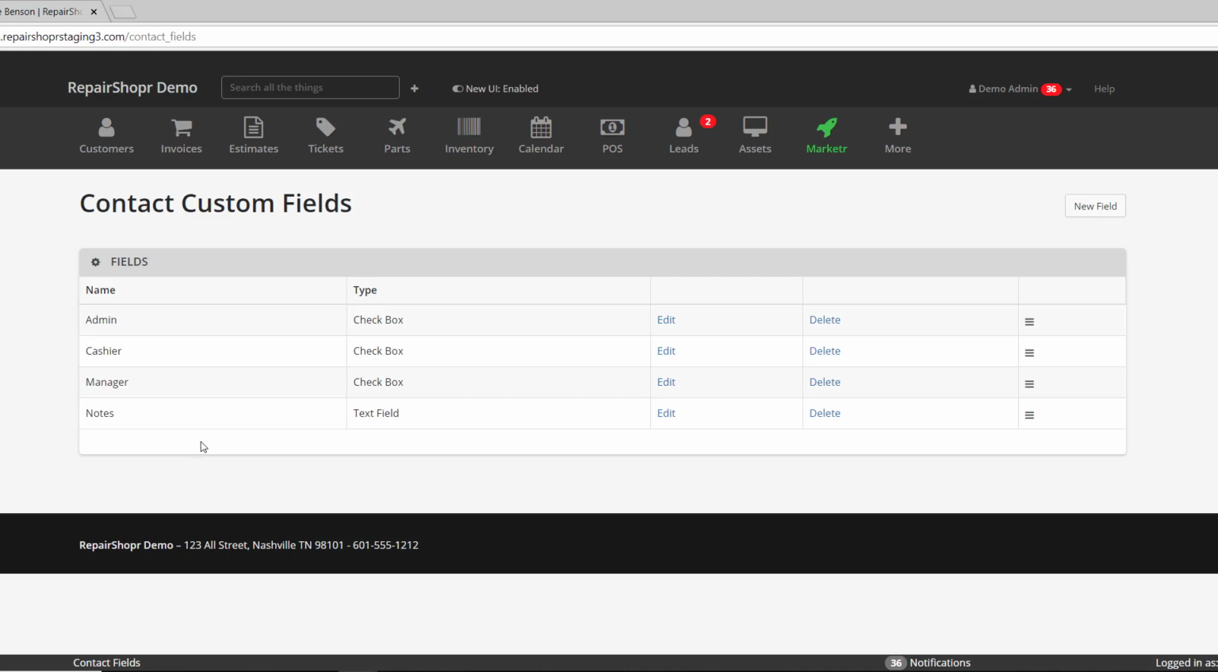When you're in contact custom fields, it's important to note that in the other custom field types, like for tickets, it's possible to have a lot of different custom field types. For contacts, though, you can basically set up what types of fields you want to show for every contact, and then it's up to you if you want to include additional fields. So you'll see here I already have a few checkboxes set up. You can click new field